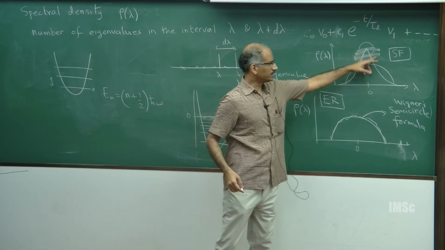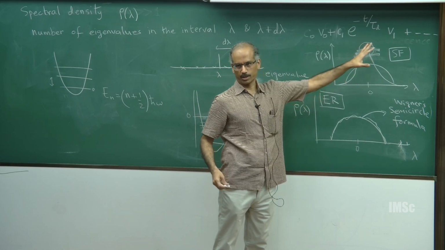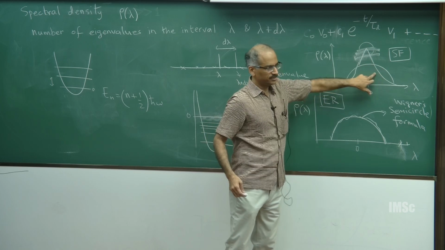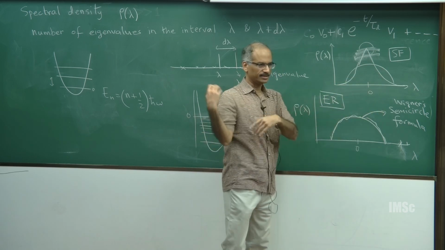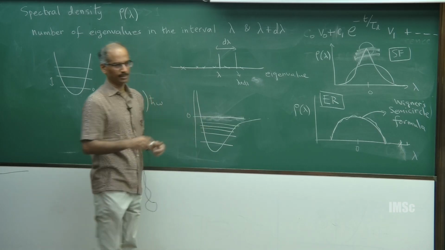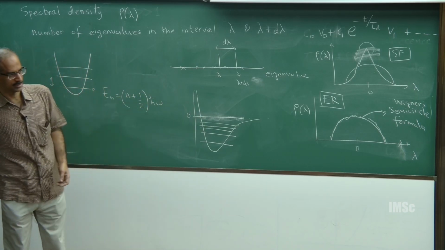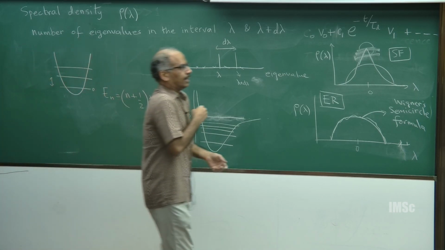So the eigenvectors associated with the peak are typically localized. The ones associated with these are typically delocalized. We'll see at the end of the course, if I have time, I'll at least devote 5 minutes to this localization. Okay, so with that,